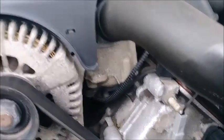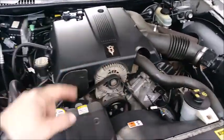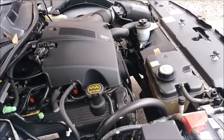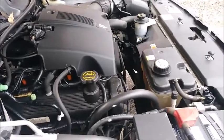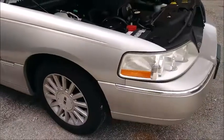Thermostat housing. And I have to pull the engine cover off to look to see if it's got an aluminum one that goes around the intake manifold, because I'm assuming these are just like those Mustangs and Crown Vics and everything else with this 4.6 that has that plastic intake manifold issue. They leak coolant, but that's something you'd be looking for when you're buying it. That's not really part of this review, but thought I'd mention it in case you didn't catch that video. So moving along,